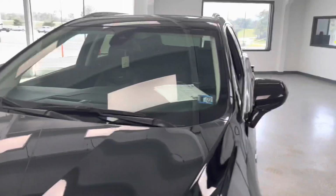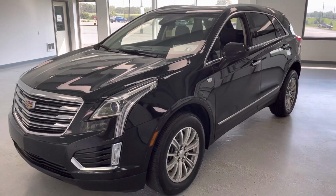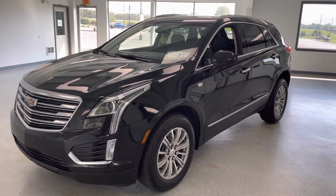A couple little minor chips there. Up on the hood as well, a little bit of bird damage. A couple little minor chips and scuffs. But all in all, guys, excellent like-new alternative. Does still have the remainder of Cadillac's powertrain and comprehensive warranties transferable to the next owner, so you can buy